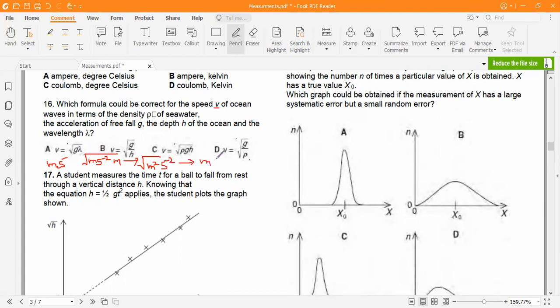I don't need to do the rest of them. I know that the first one is correct, so I will just go with it. Just by doing this, we know that this is correct. If we do the other ones, we'll see they are all wrong. So we will just go with this one, g lambda. We balance the unit on both sides. This was the unit that we got on the left side, and this was the unit that we got on the right side. Both of them are equal. So yeah, A is correct.